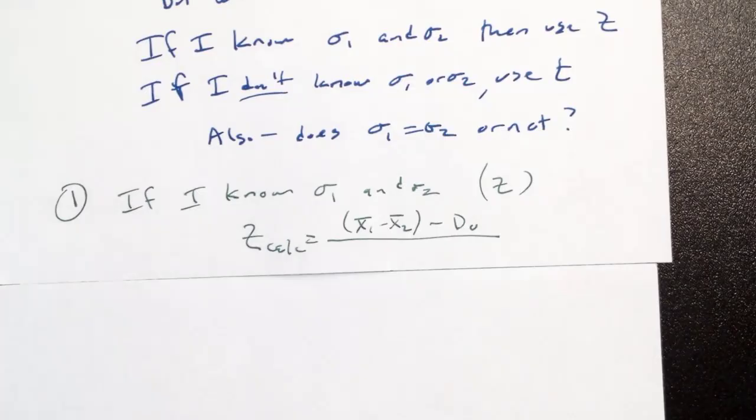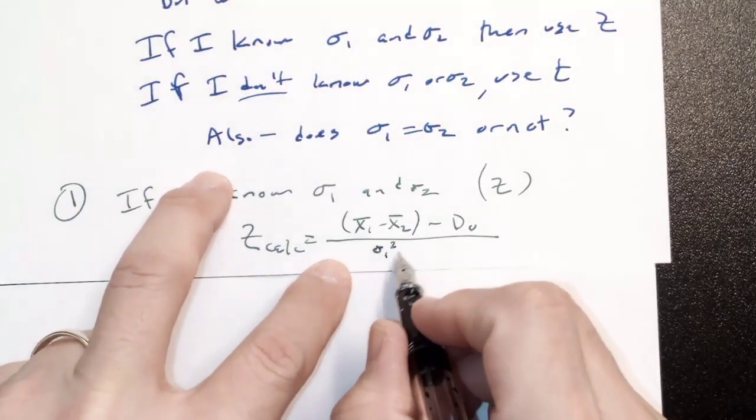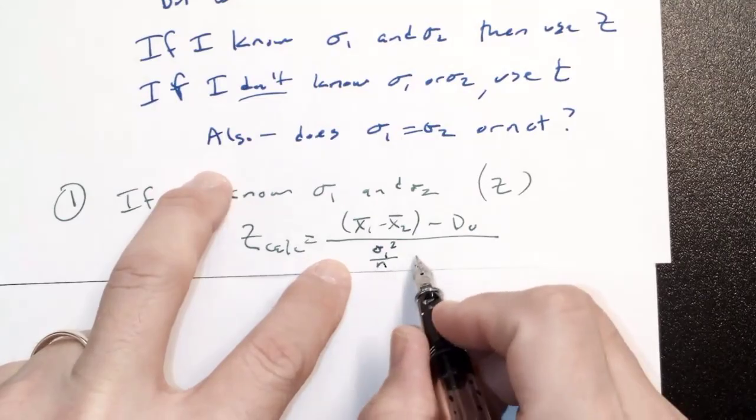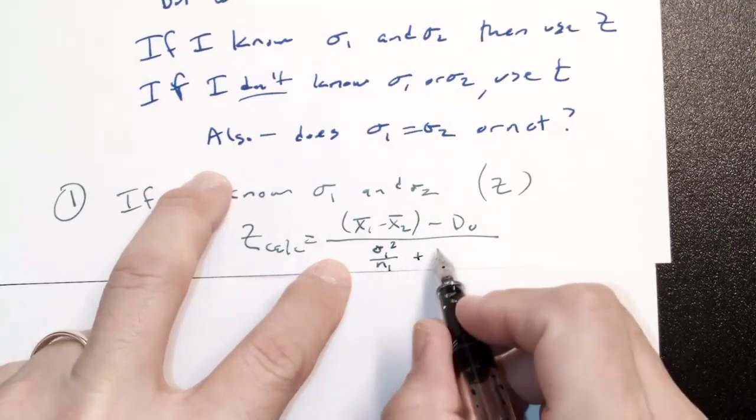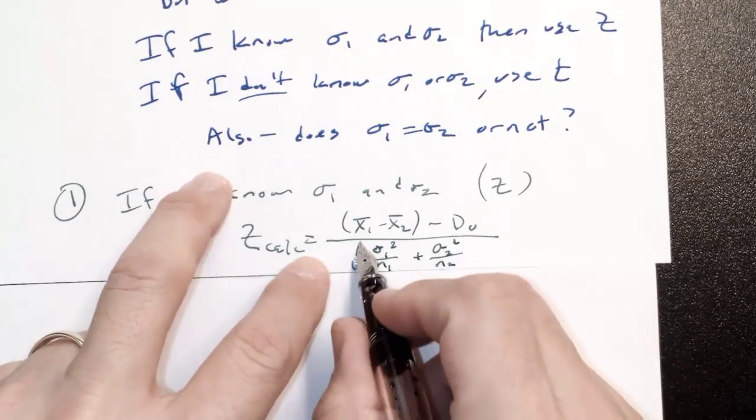But this time I've got two standard deviations, so I'm going to use both of them. Sigma 1 squared over n1, and sigma 2 squared over n2, and I'm going to take the square root